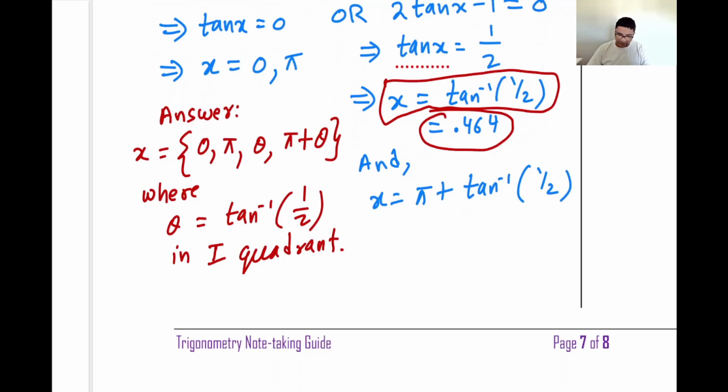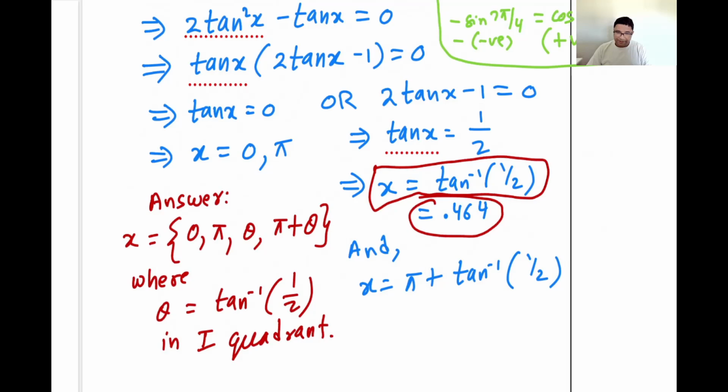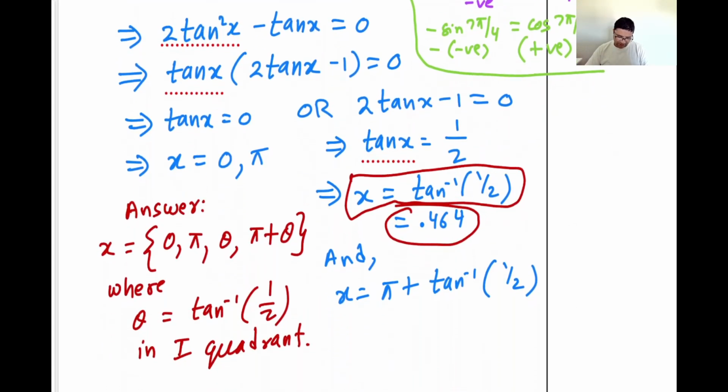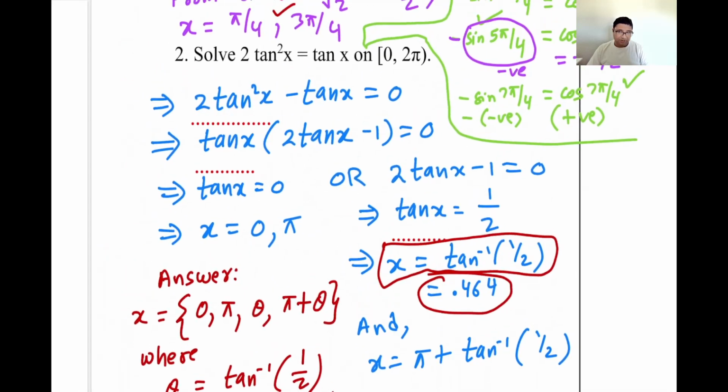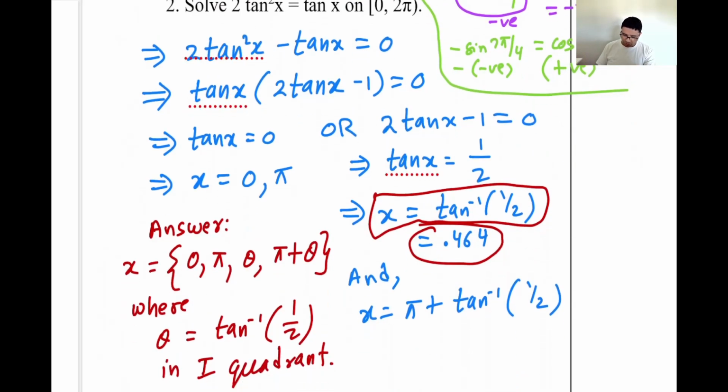Anything is fine, as long as you articulate your answer completely. And in this case, you can check your angles by plugging into the equation and making sure they work. But I'm certain that I don't have to discard any of these, unlike in the previous example, because we did not do any squaring on our own. The equation given as it is was quadratic. We did not square it. So none of these solutions are,